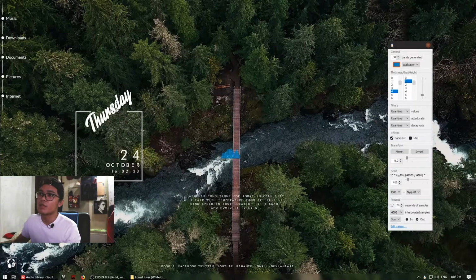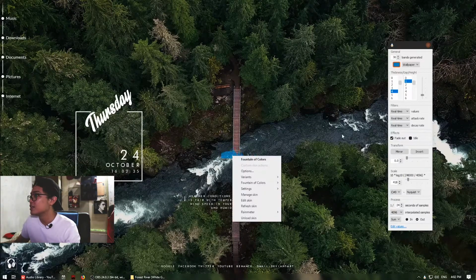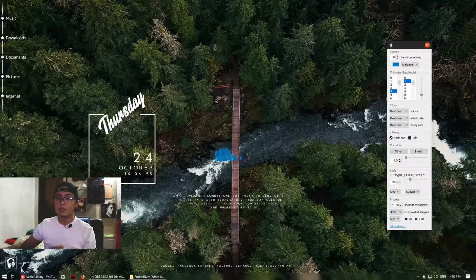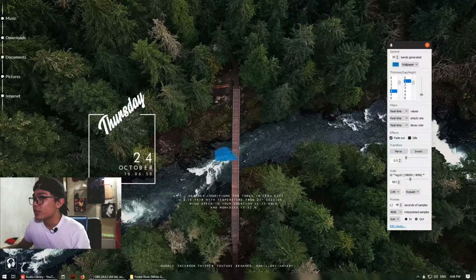Okay, let's move this out of the way first and let's edit this. For me, I already like the height and the thickness and the gap. 4:1 is my setting. You can change that, however. You can change this to 1, it'll be really small. You can change this to 6, it'd be a bit bigger. For me, 4:1 is already good. I like the effect this one creates. All right, so if you put this over here,